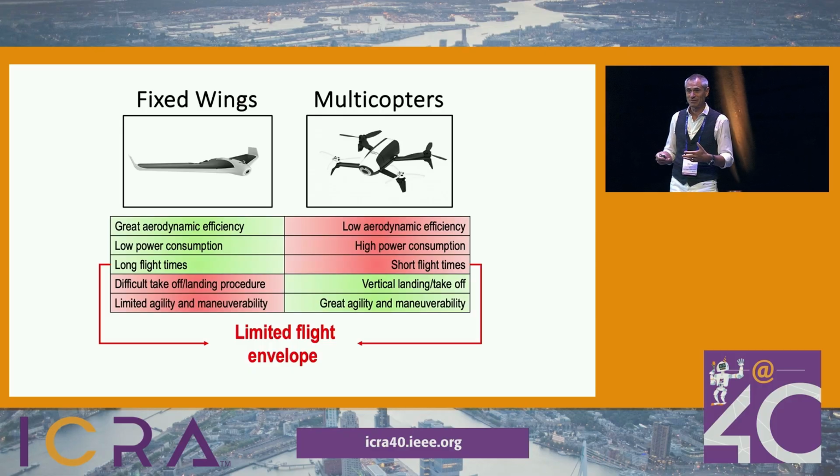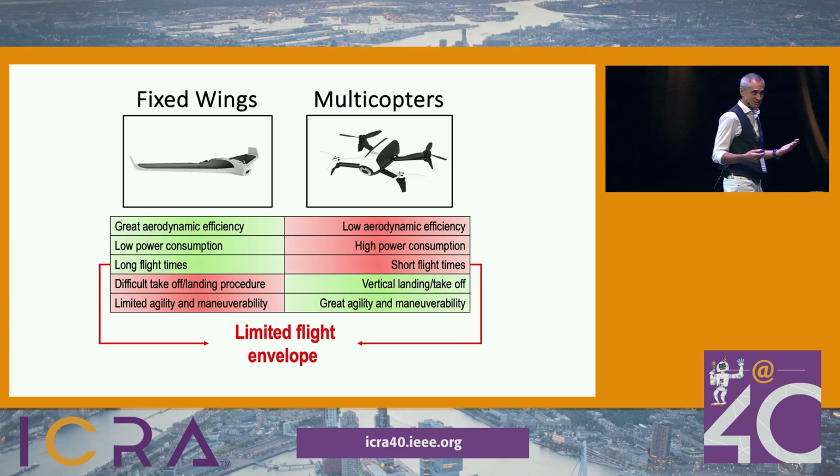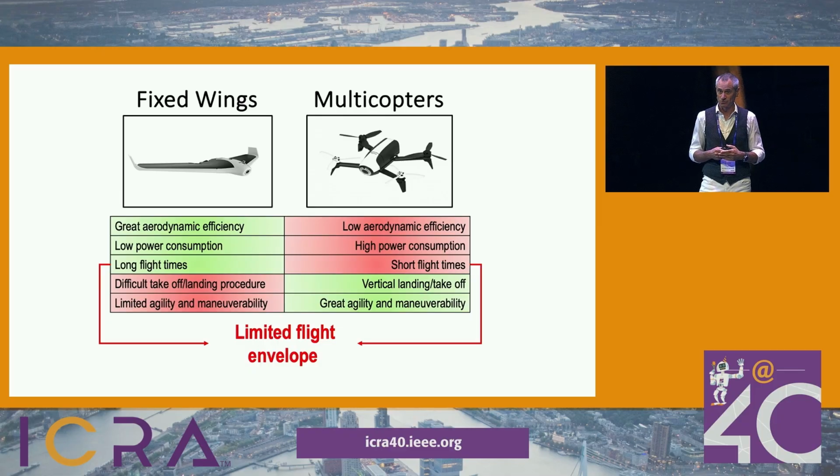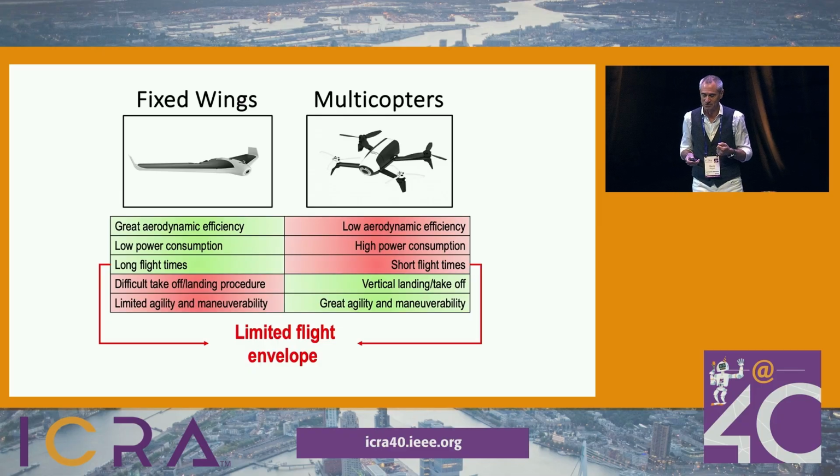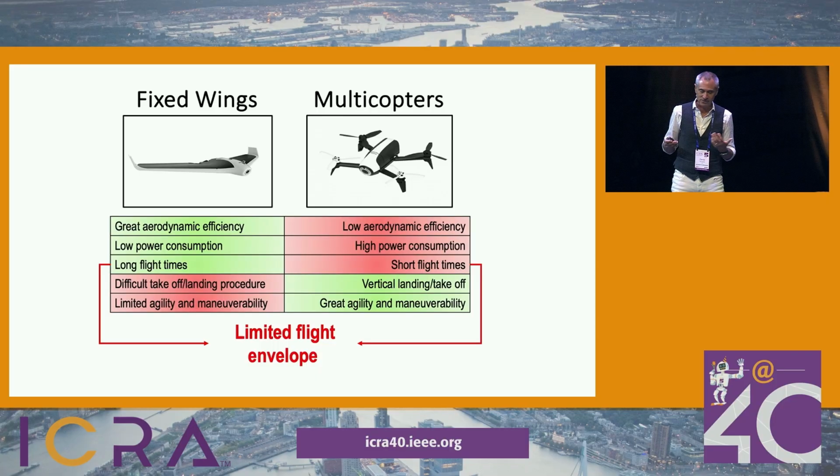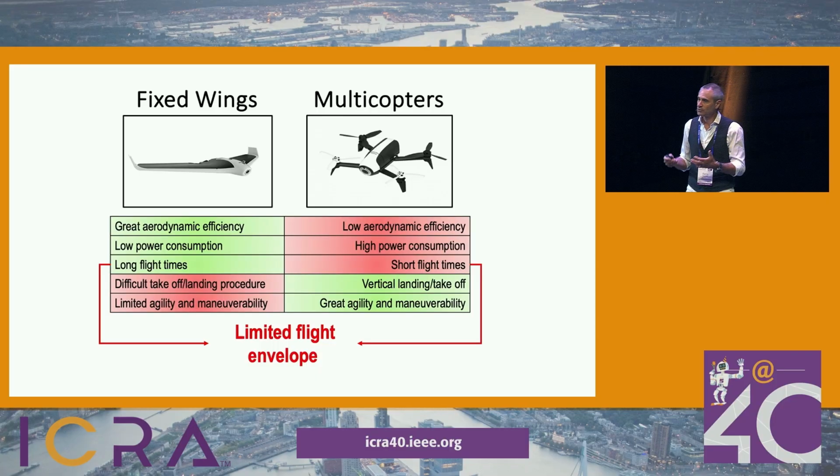However, multicopters are much more agile. So they can stand in place, they can rapidly change the velocity vector, they can take off and land from a spot, something that fixed-wing drones cannot do. Fixed-wing drones, in order to turn, require a certain space, a certain radius. And so it turns out that at the end of the day, the type of drone that people buy depends on their application.